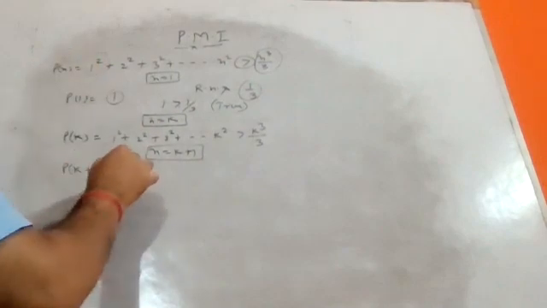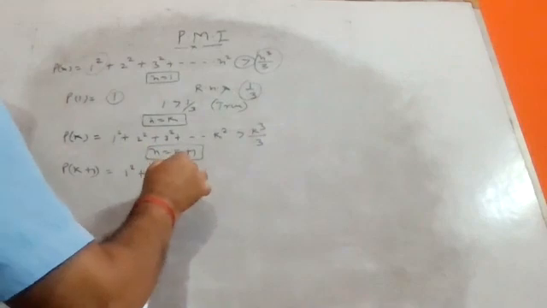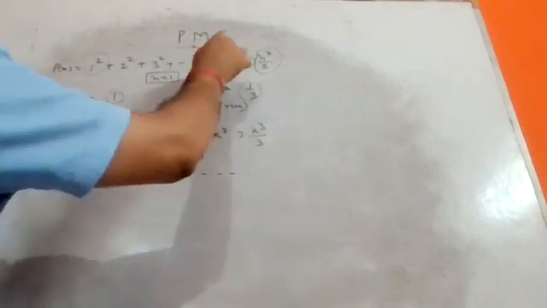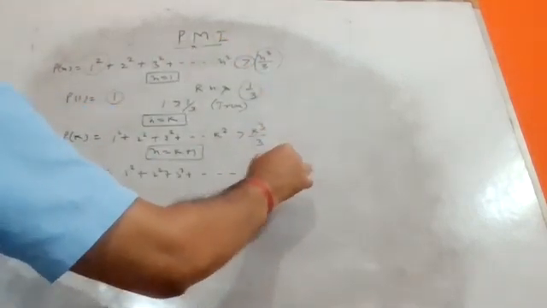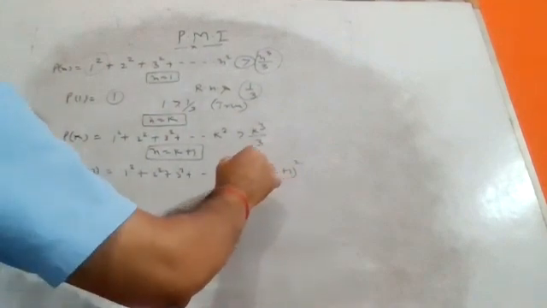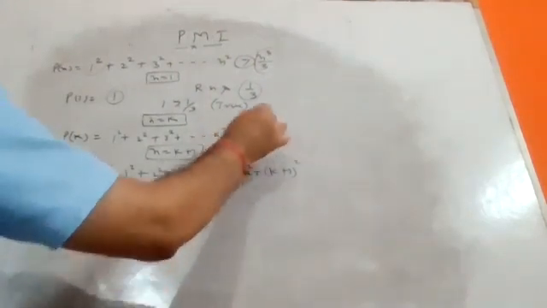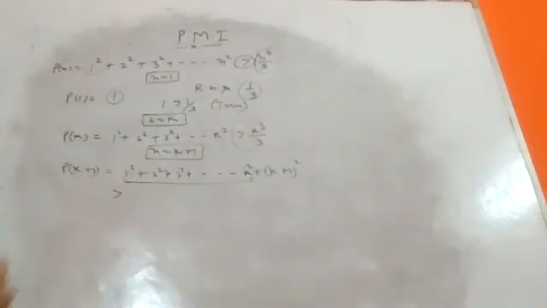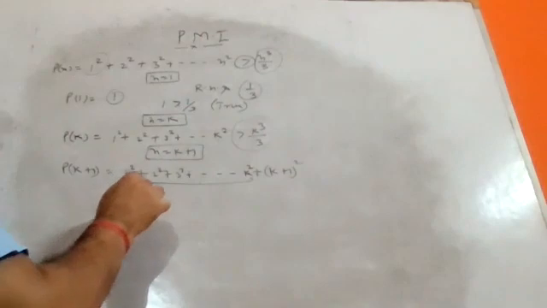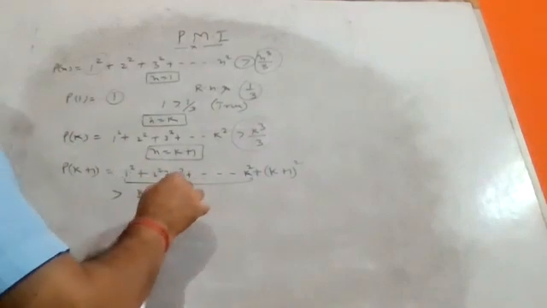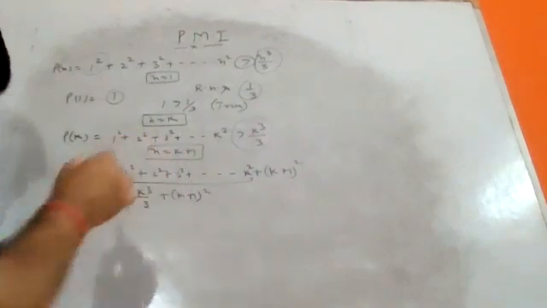In front of this one, we are writing 1 square, 2 square, 3 square, and in case of n, you are writing k plus 1 whole square. Before k plus 1, your result is k, like this one. So this value is equal to this one. We put down this value with the sign, so greater than k cube by 3 plus k plus 1 whole square.